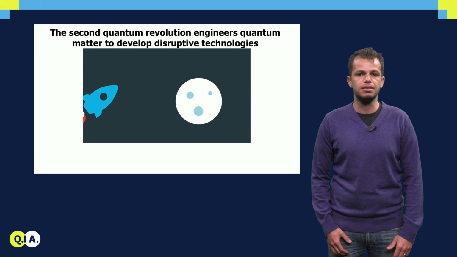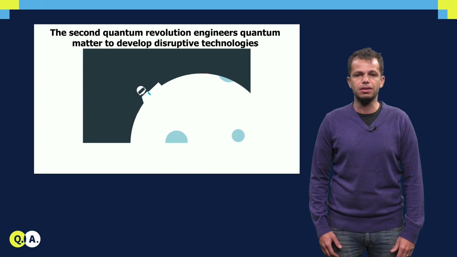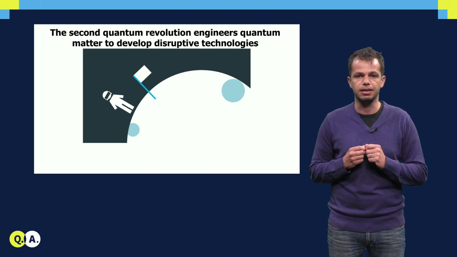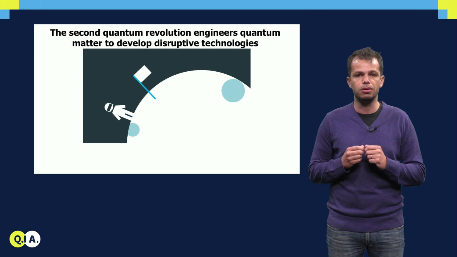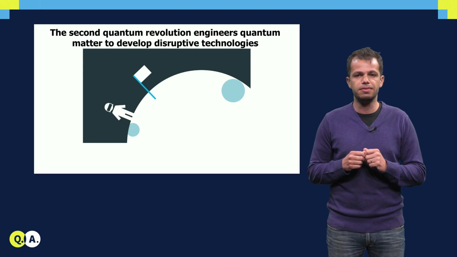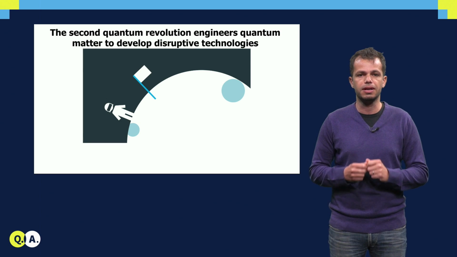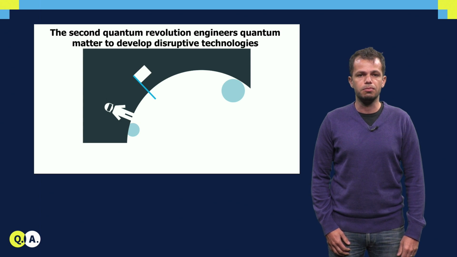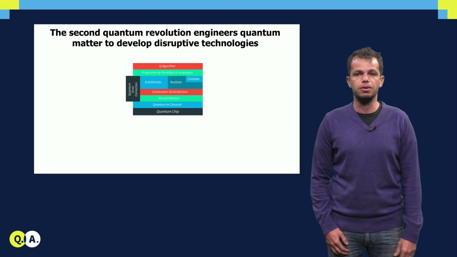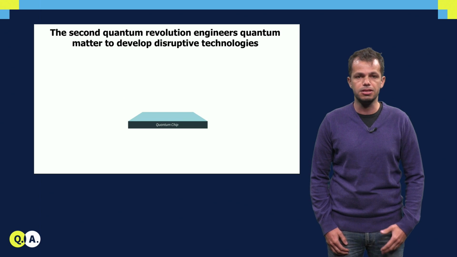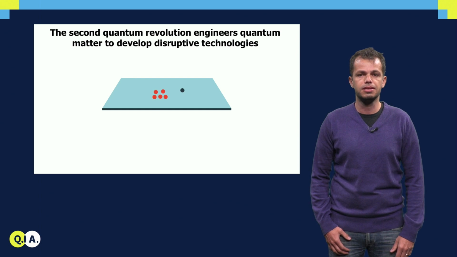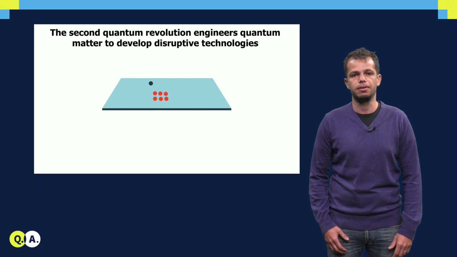We are currently in the midst of a second quantum revolution in which quantum matter is engineered to develop disruptive technologies beyond the reach of classical understanding. And quantum computing is the man-on-the-moon goal of such second quantum revolution. By working in a fundamentally different way, quantum computers have the promise of solving complex problems that classical computers cannot handle. Quantum materials provide the environment where qubits, the elemental unit of quantum information processing, are defined and live. Therefore, quantum materials are at the basis of a quantum computer.